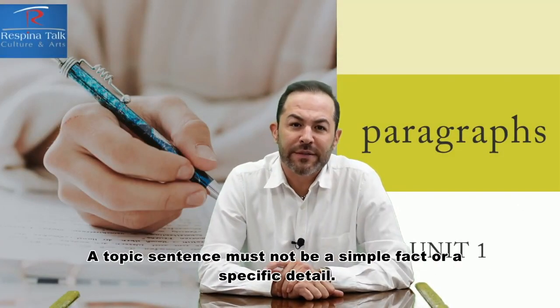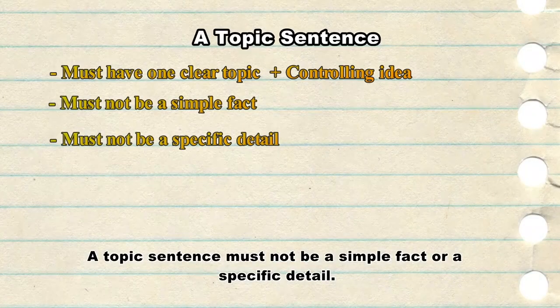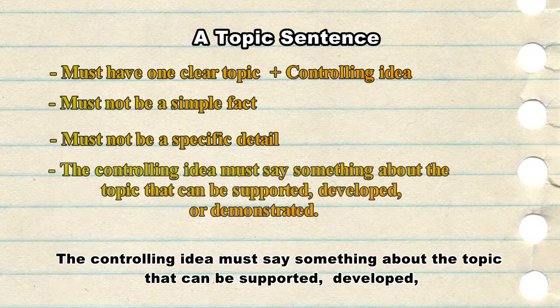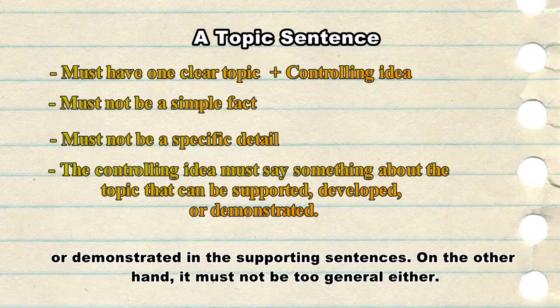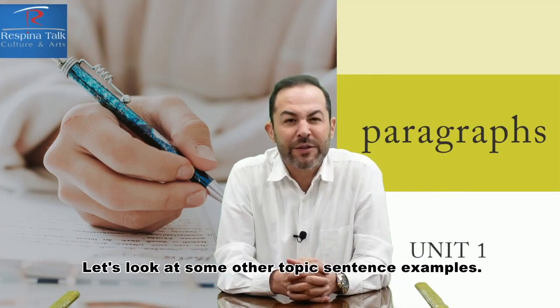A topic sentence must not be a simple fact or a specific detail. The controlling idea must say something about the topic that can be supported, developed, or demonstrated in the supporting sentences. On the other hand, it must not be too general either. Let's look at some other